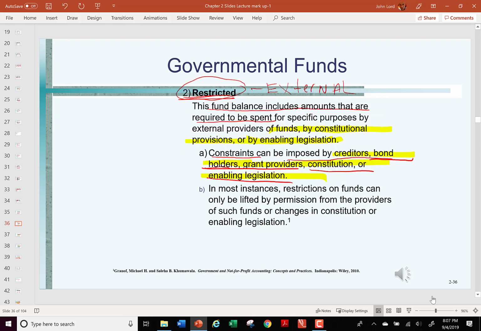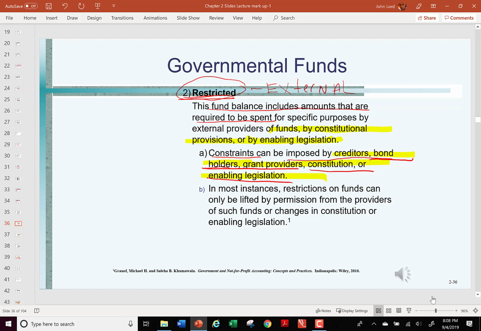Okay, then what? Then we have restricted. And if something is restricted, that means that external parties have directed us how we have to spend that money. Entities that are external to the government have directed how we're supposed to spend that money. For example, let's say we're going to build a county courthouse, and we need the money to build the county courthouse. So we go to bondholders and we say, hey, invest in these bonds, and we'll use this money to